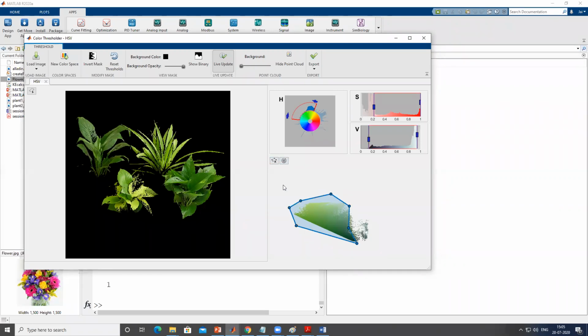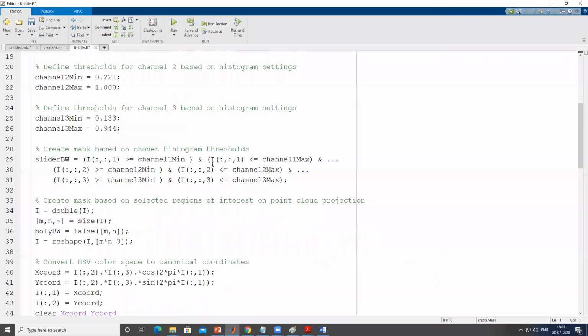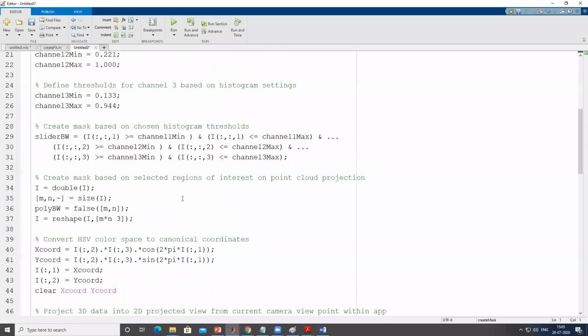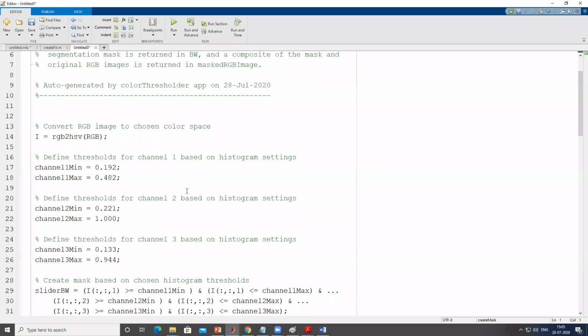Now whatever manual setting we did, MATLAB gives you a feature in which it will give you the algorithm in terms of a function. So I'll export this entire method and make a custom function for myself so that I don't have to write the algorithm for other operations also. I'll directly use this function and it will filter out the leaf. So I'll click on export function, and now you can see that MATLAB has created the entire algorithm programming code for you, in which you don't have to write what should be the value of R, to which range it should be, in order to select the leaf.